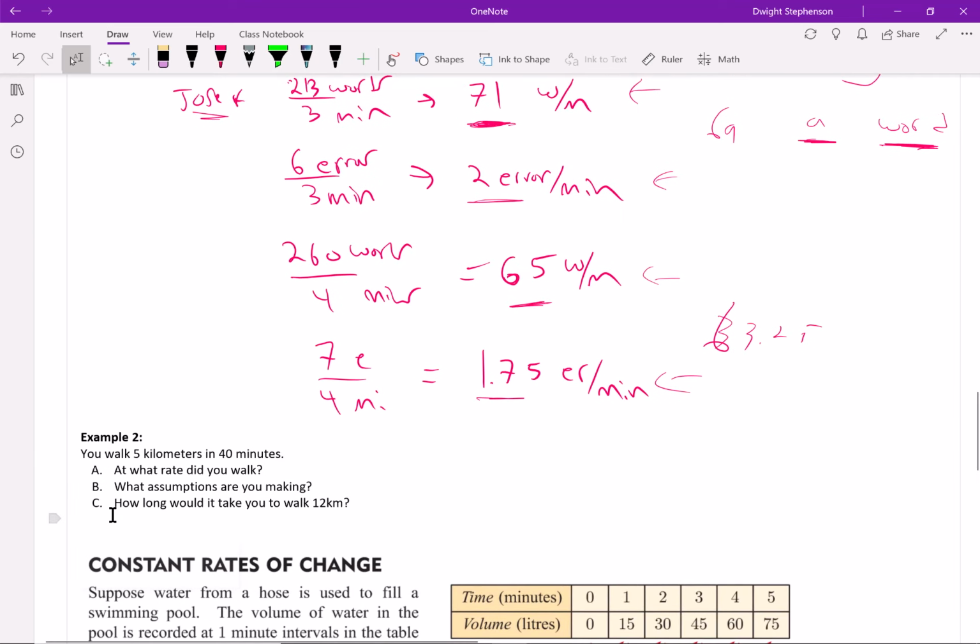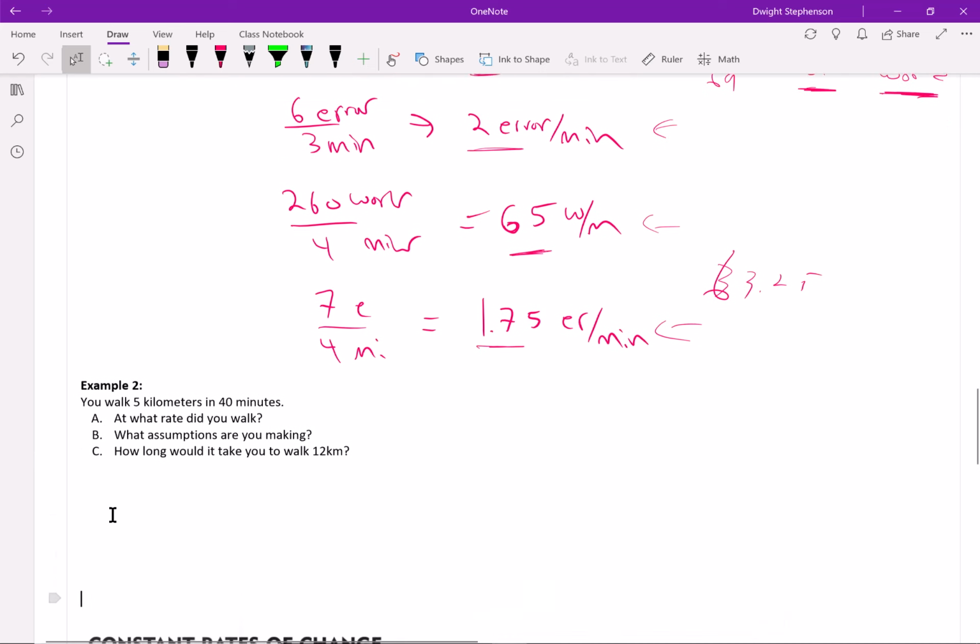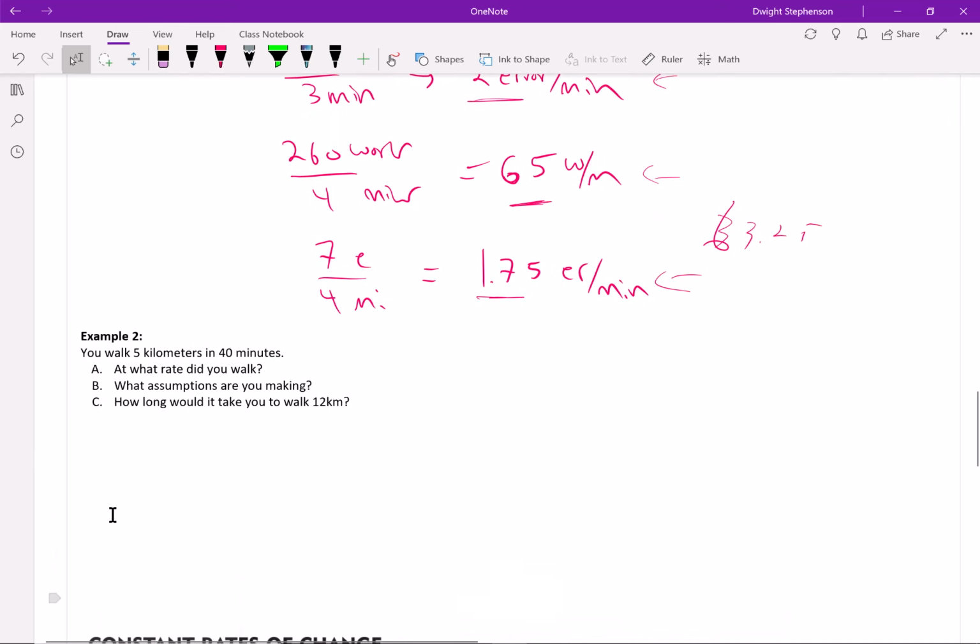So an example of this is, let's pretend you walk 5 kilometers in 40 minutes. So we can actually just draw a graph of this. Here's our minutes, and let's say this is 40 minutes, and let's say this is 5 kilometers. So let's say you start at 0, 0, which means in 0 minutes you walk 0 kilometers. And then 40 minutes later you have walked